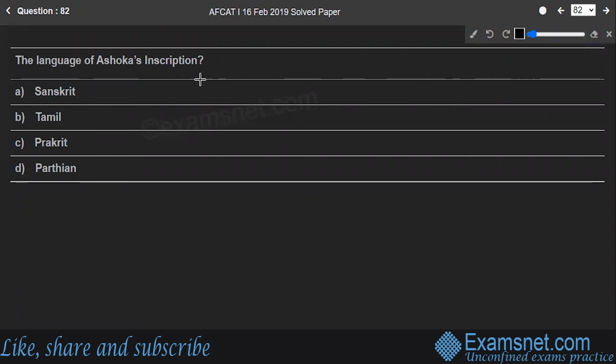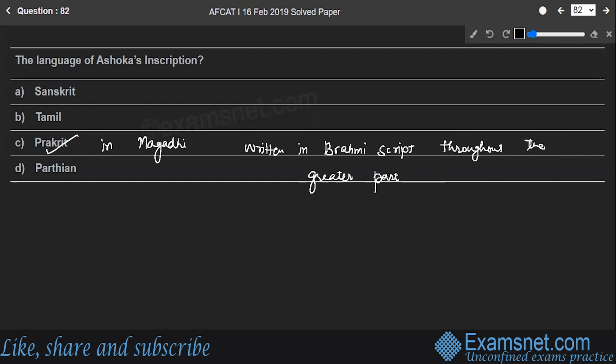Well, the inscriptions were composed in Prakrit language, in Magadhi, the dialect of Prakrit in Magadha, and written in Brahmi script throughout the greater part of the empire. So we have option C as the answer to this question. Hope you are clear. Let's move to the next